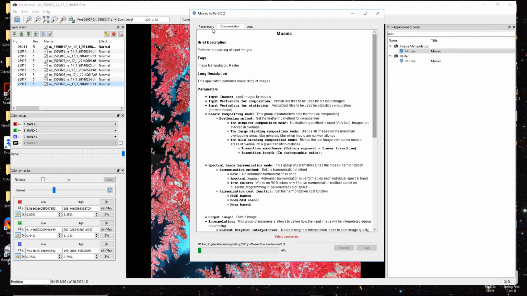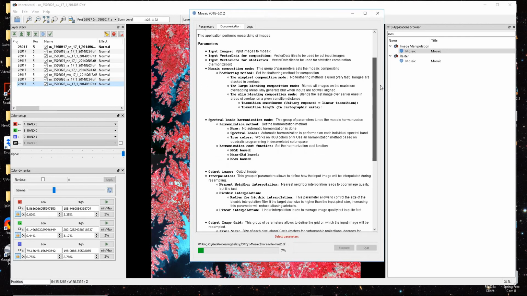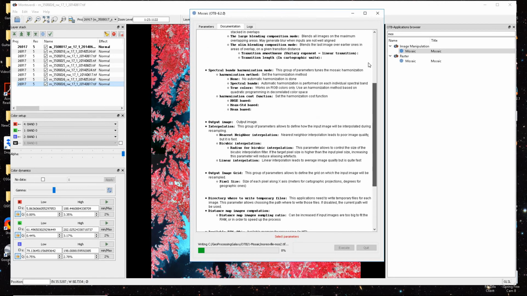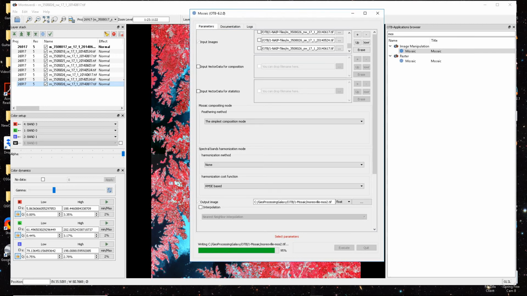And just as a reminder, we can read through the documentation about the parameters that are involved with mosaicing. And then as the process runs, we have our log file over here, and this will give the status on creating the mosaic. So it is running. 96%, getting close. And there we go. We have 100, and it automatically loads